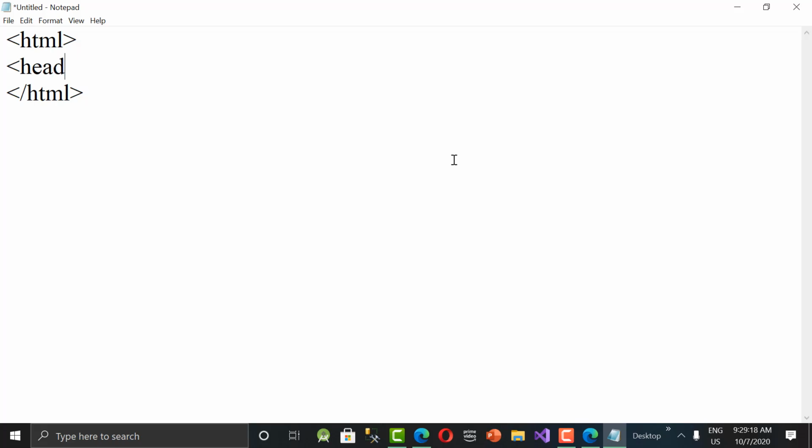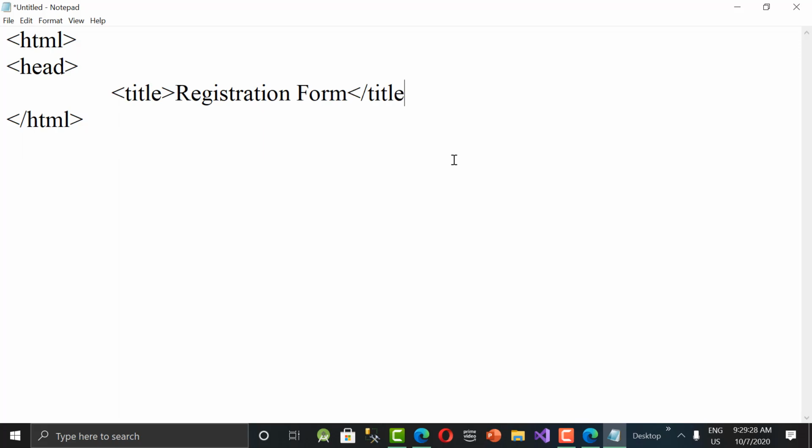head tag. Inside this, we are writing a title saying that registration form, slash title. Head tag open and head tag close. In between this, we are writing something like body tag. Body tag open and body tag close. Here what we are writing, body bg color is equal to cyan I'm giving, and then